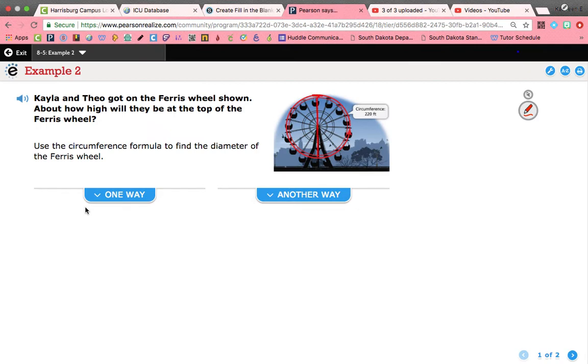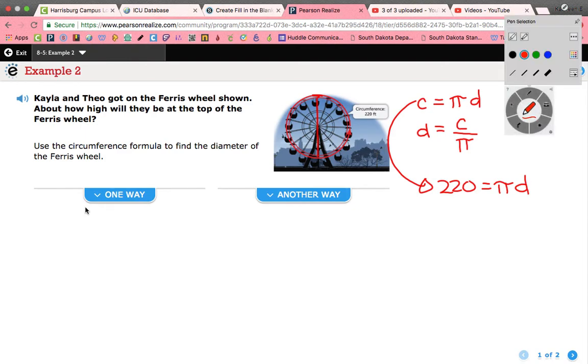So we have circumference equals pi times diameter. Okay, or we're finding diameter, so we could use diameter equals circumference divided by pi. Either way, it's going to work. It doesn't matter how you get there. So if we use the first way, we would get 220 equals pi times diameter. If we did it the other way, we would get diameter equals